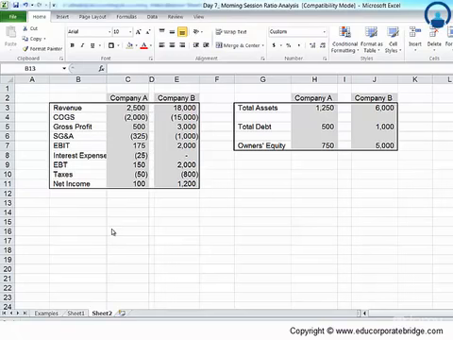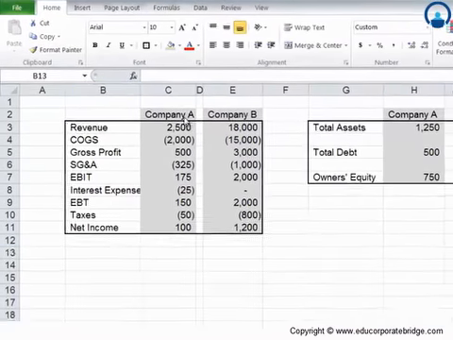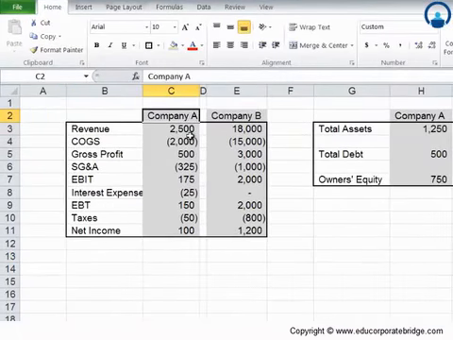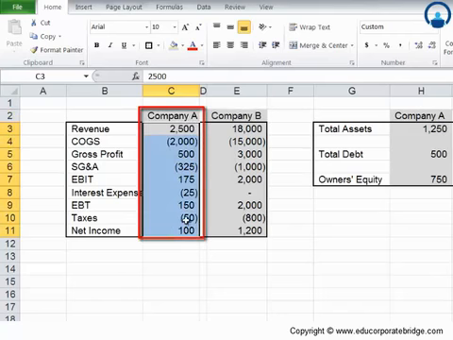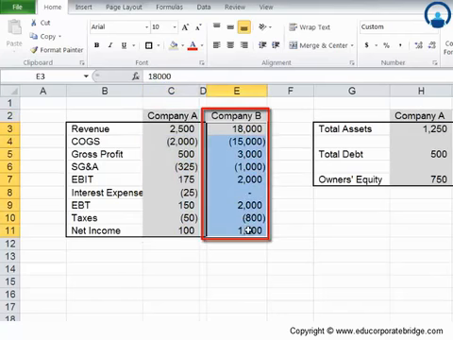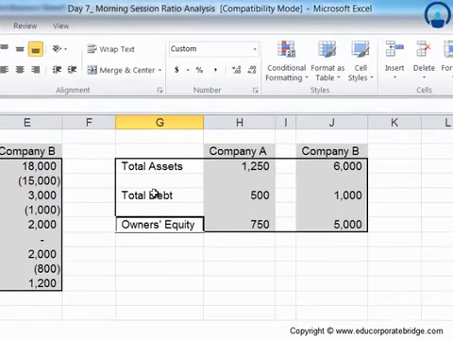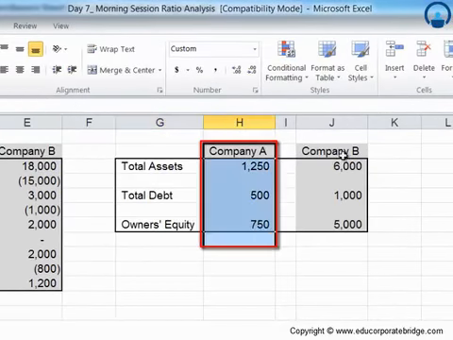Let us now look at this example where we will try and compare the ROEs of the two companies and see which one is better. So there are two companies where we have the income statement for company A, and we also are provided with the income statement of company B, and some of the relevant items for the calculation of ROEs are provided for company A as well as for B.